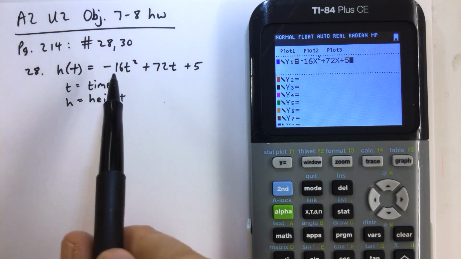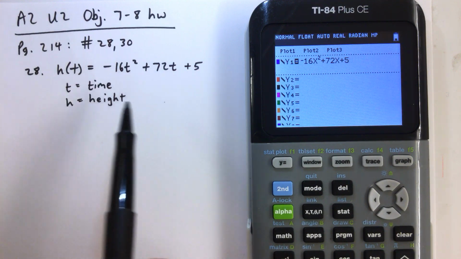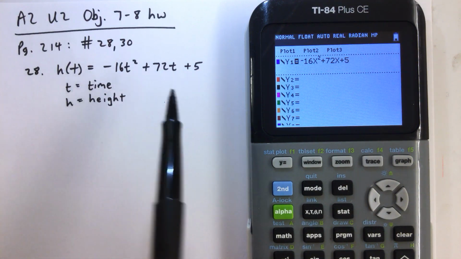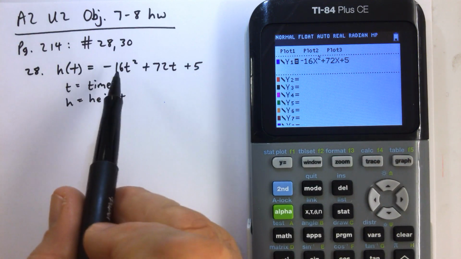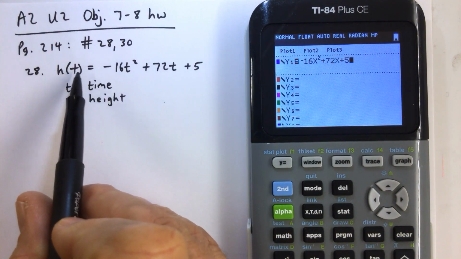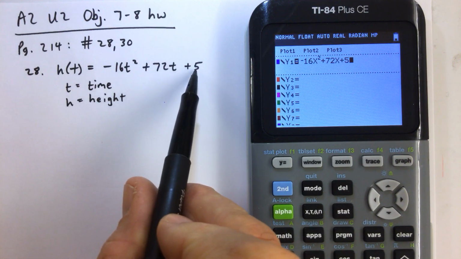For problem number 28, we have an arrow being shot into the air, and we're given an equation that represents the height of the arrow at a certain time, the time after the arrow was shot. So in other words, at time 0, if you plug in a 0 for t, you would see that h of 0, which is the height at time 0, before the arrow is shot, the arrow is 5,